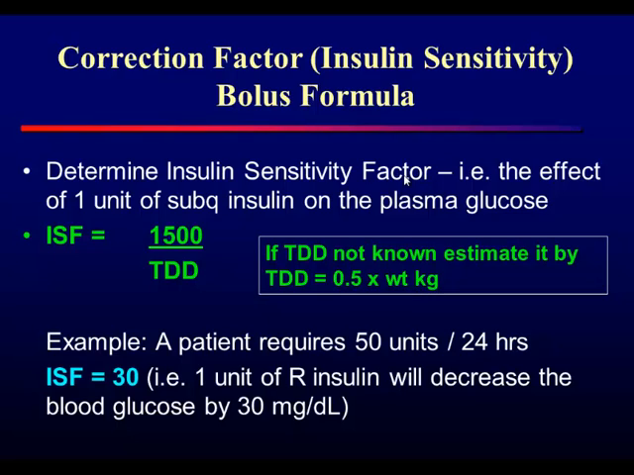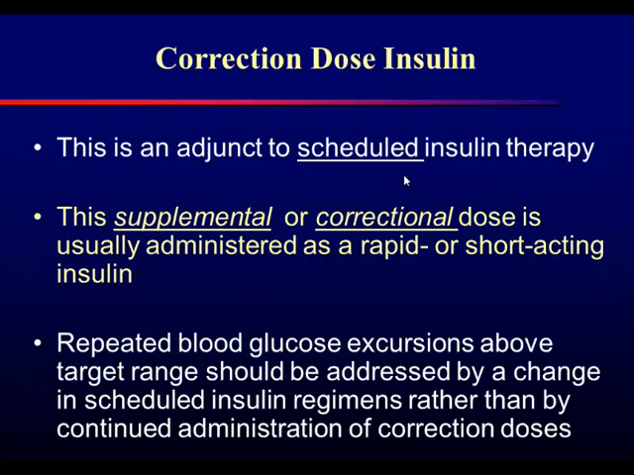So again, I think I mentioned before, here's another patient requiring 50 units in 24 hours. So therefore, 1 unit will decrease blood sugar by 30 points. So the correctional one is an adjunct to basal and prandial. It's not to be used by itself. Correctional by itself is a sliding scale. We don't want to do that. And also, sliding scales has one size fits all. So again, whether you're very sensitive,